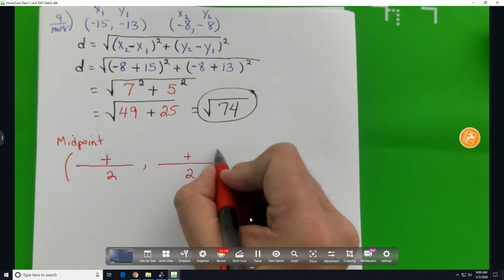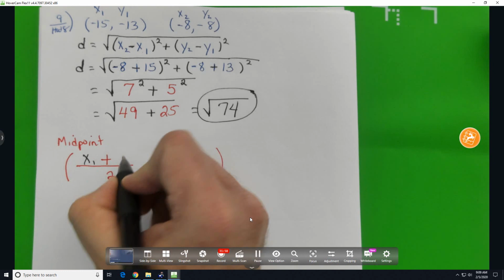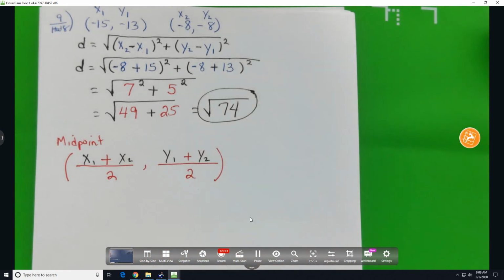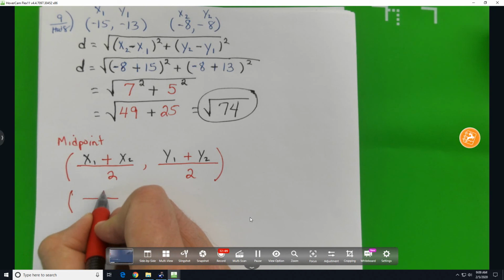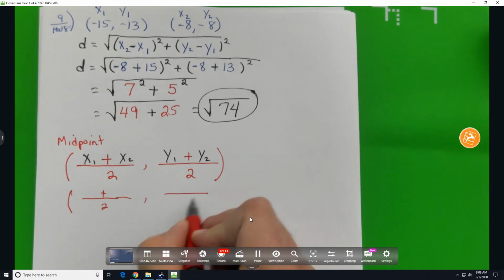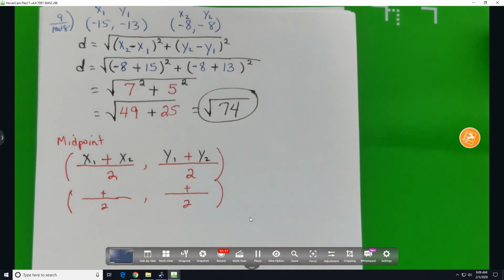Add the y's and divide by 2. Add the x's, divide by 2. Add the y's, divide by 2. Oh, am I running out of room? Okay, so